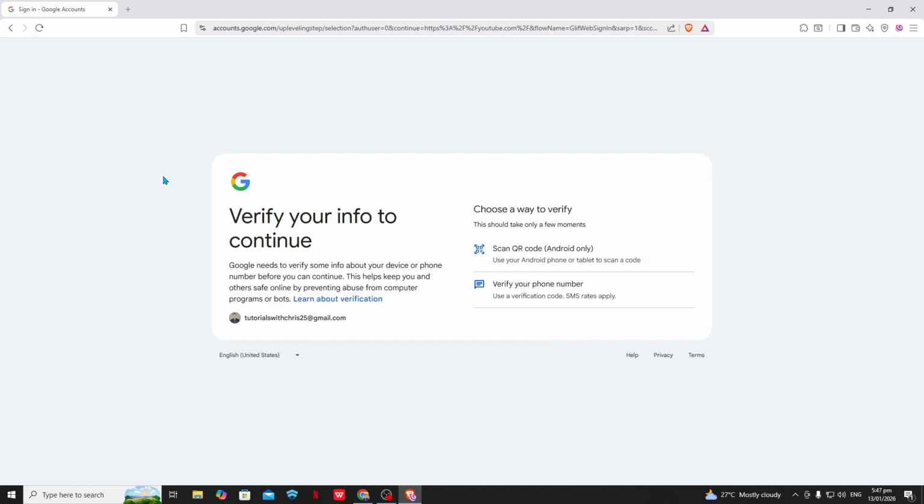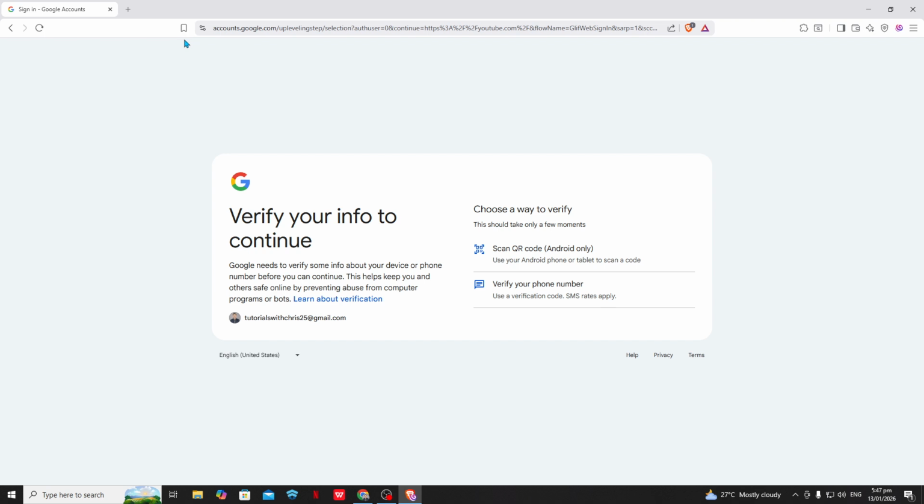Now, we're going to turn this website into what's called a progressive web app, or PWA. This basically lets Brave treat YouTube like a standalone app. Look toward the top right corner of the Brave window, near the address bar. You should see a small computer monitor icon with a down arrow, or an option that says something like Install YouTube or Install App. If you don't see it right away, make sure the page is fully loaded and that you're on the main youtube.com site, not a specific video link.